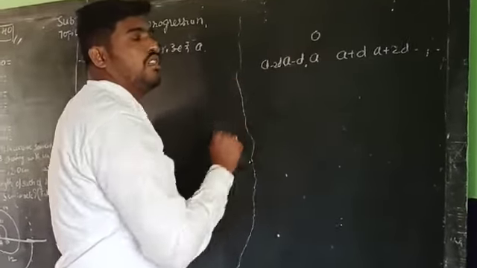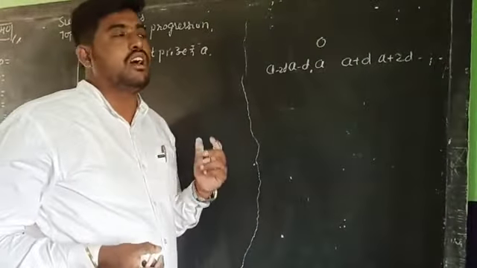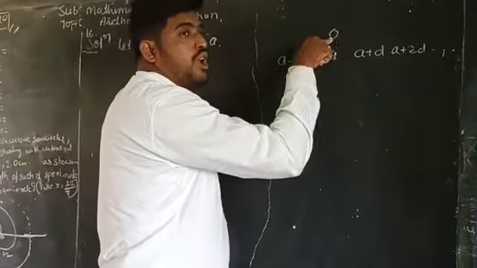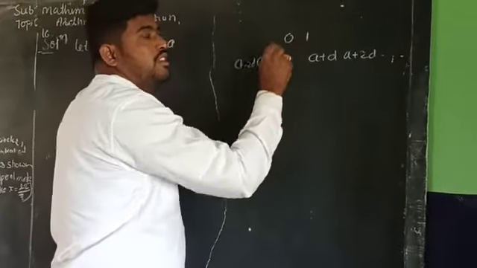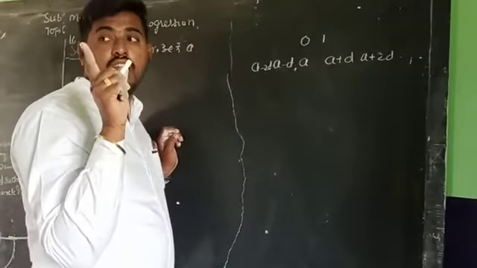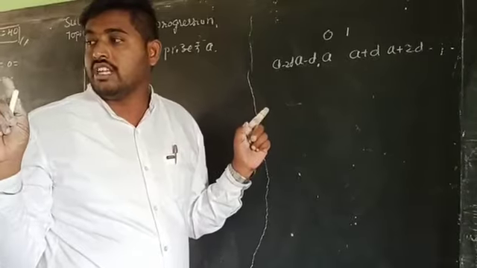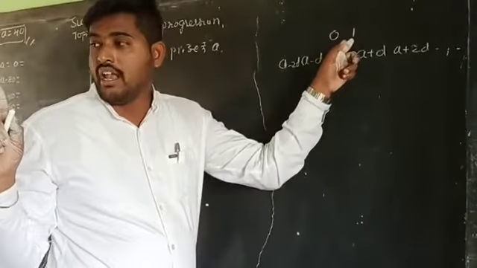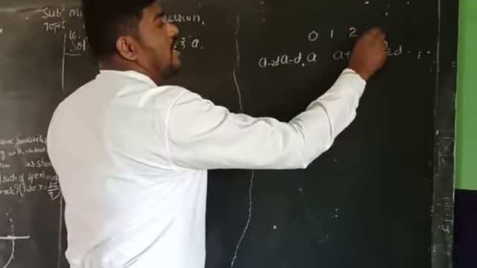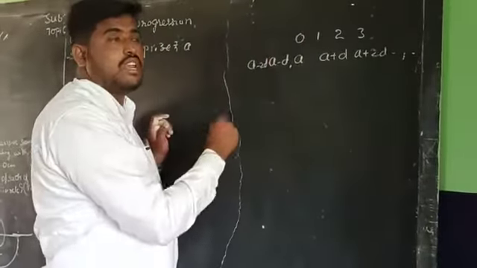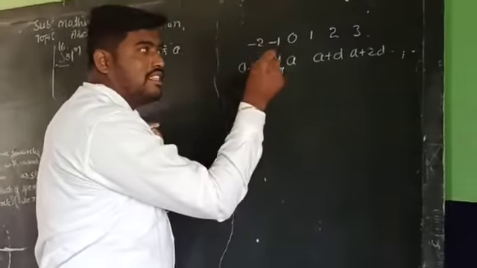So look at this, this is the 0. You have to remember real numbers on the number line like this, 0. The next successive term is 1, so we can add 1 to 0. Natural numbers start by adding 1, but 0 is not a natural number. So the first term is 1, the next term is 2, the next term is 3. Is it right? The previous term is minus 1, and like that. This is the A.